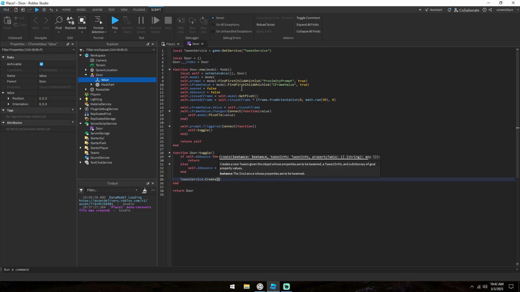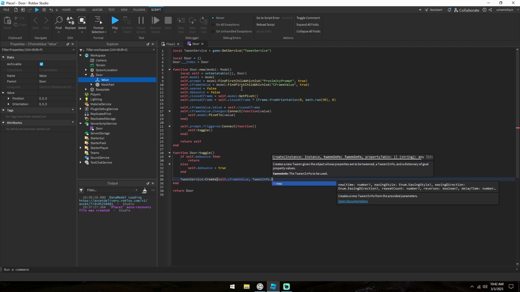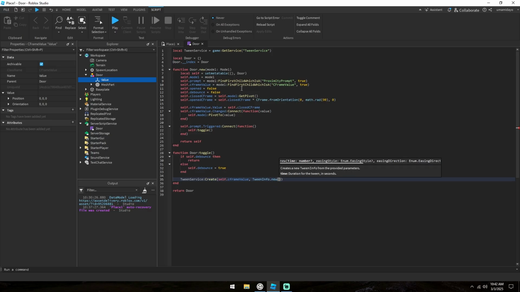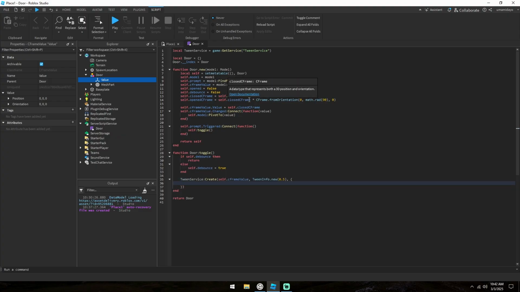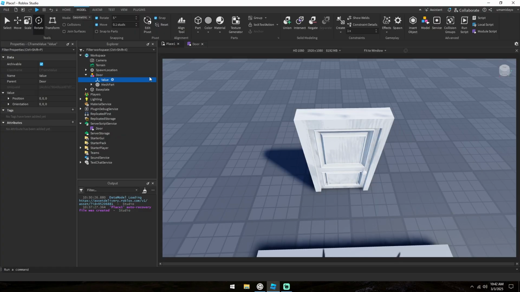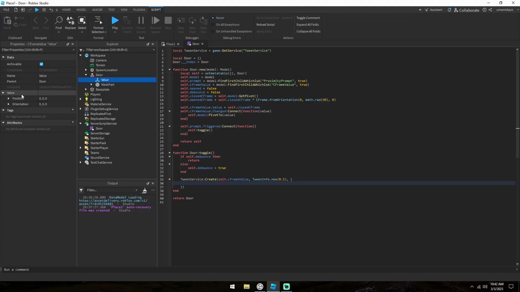Create self.C-frame value. And we need to pass in the tween service. Now we need to pass in the tween info. 0.5 seconds, most basic tween info. Then we're going to set value, which is a property of the C-frame value. Value equals